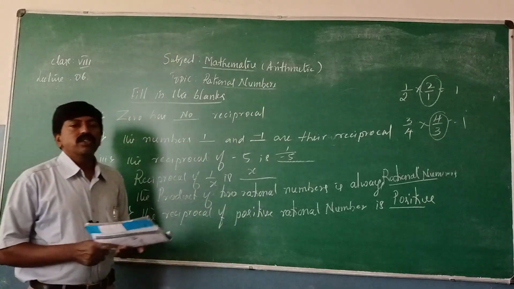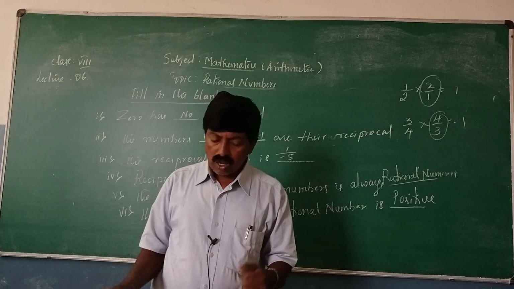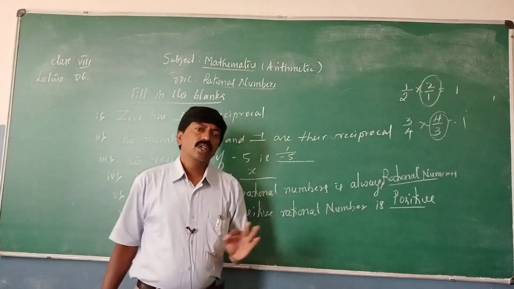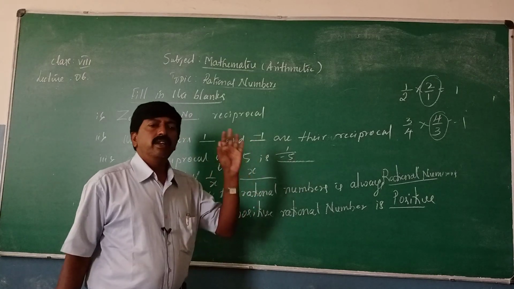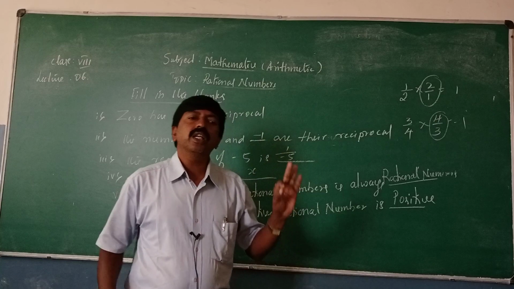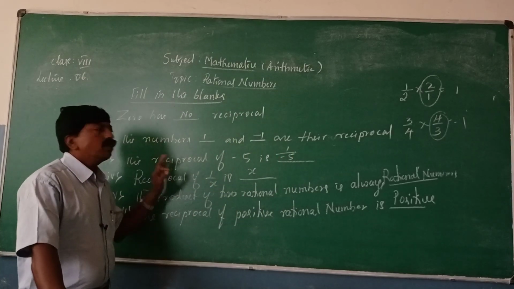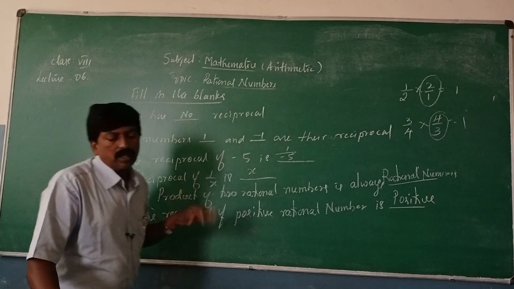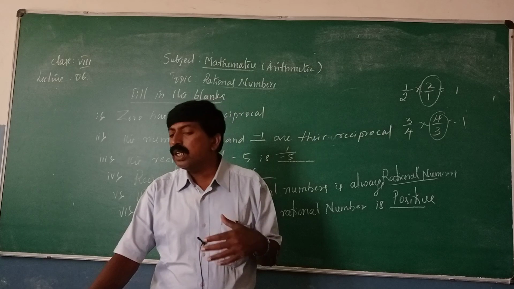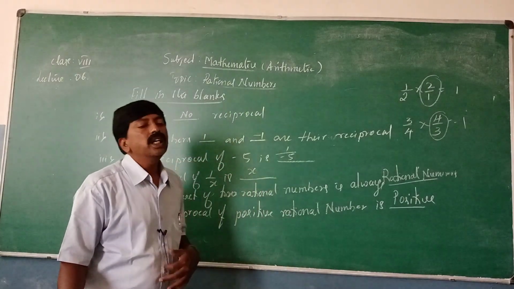So in today's class, exercise 2.1 had almost all very simple questions, almost all 1 mark questions. Whatever property is given, we can identify the property. Whatever inverse is given, you have to write the inverse property, and also certain fill in the blanks. Later on, we are going to study the number line. Next class we can continue with the number line.